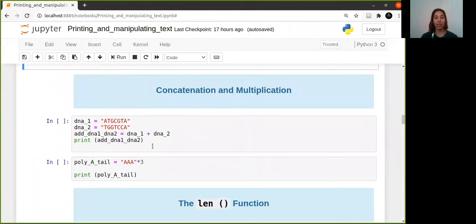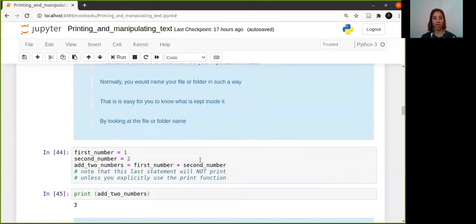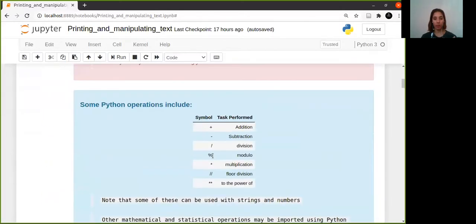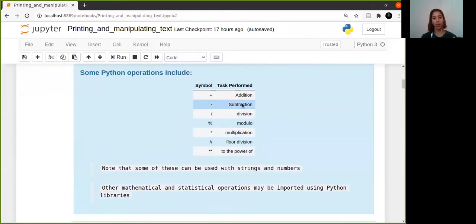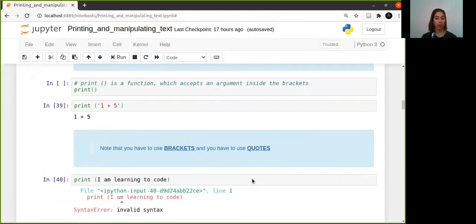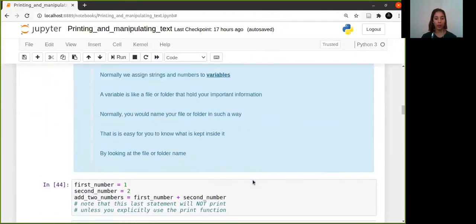Okay, now off to concatenation and multiplication. Like I said, when we looked at those further up, I showed you some of the operations, and I said that some of these can be used with both strings and with numbers, and some of these can be used only with numbers. So I just want to show you, for example, that you can, in Python,